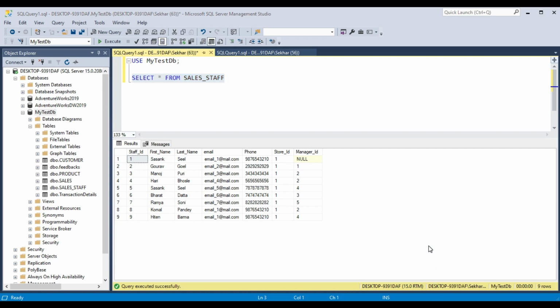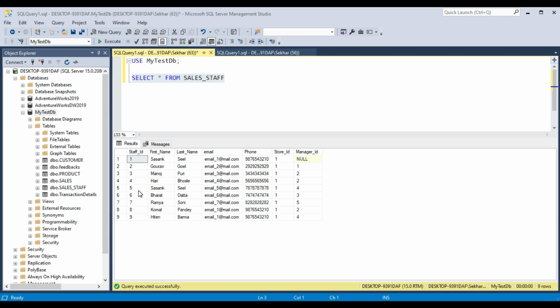Because in most cases we use self join for querying hierarchical data or comparing rows within the same table. Here is a case. As you can see, we have a staff column and another column, manager, like staff ID and manager ID.